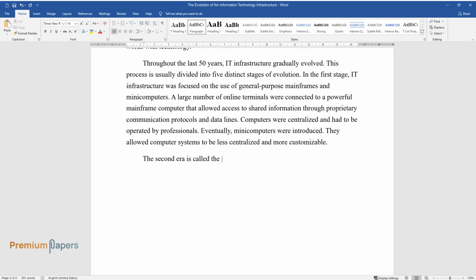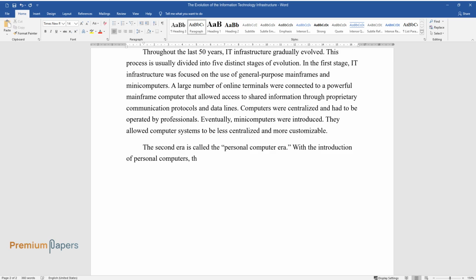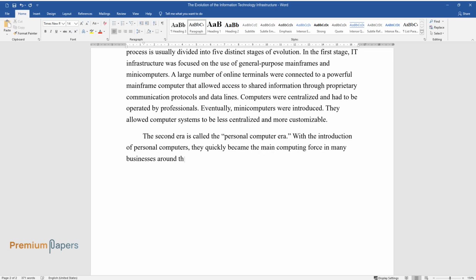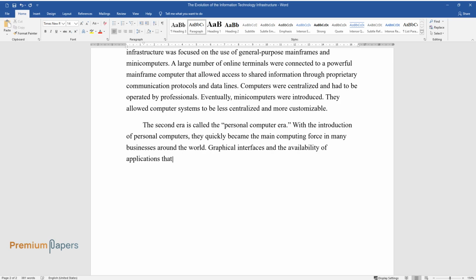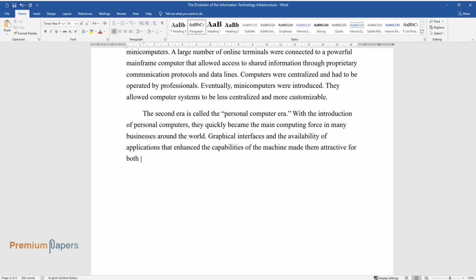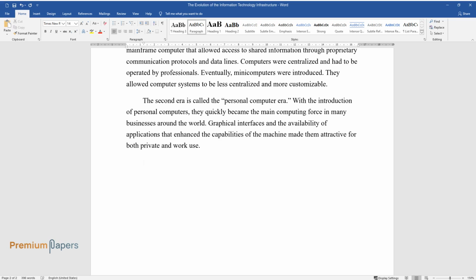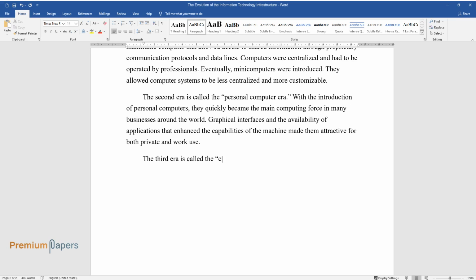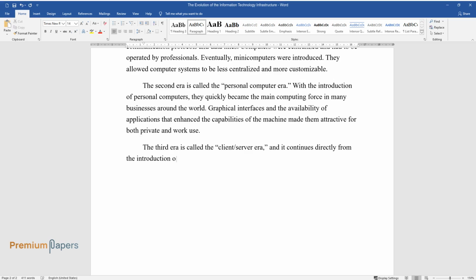The second era is called the personal computer era. With the introduction of personal computers, they quickly became the main computing force in many businesses around the world. Graphical interfaces and the availability of applications that enhanced the capabilities of the machine made them attractive for both private and work use. The third era is called the client-server era, and it continues directly from the introduction of personal